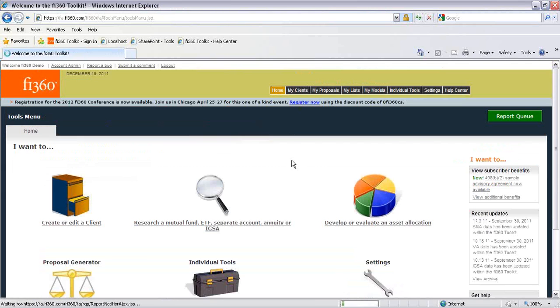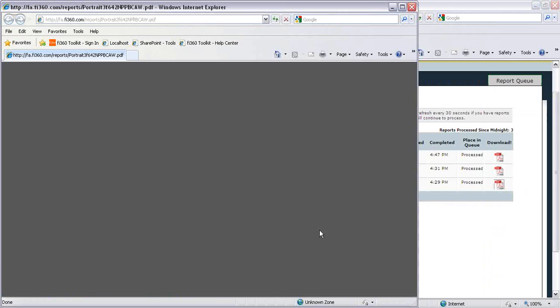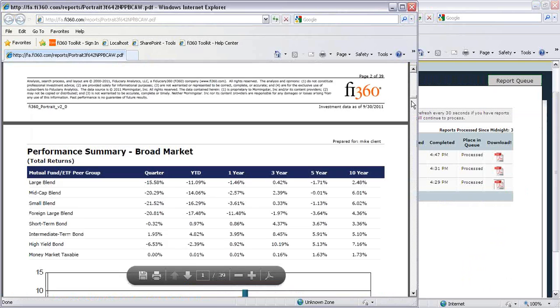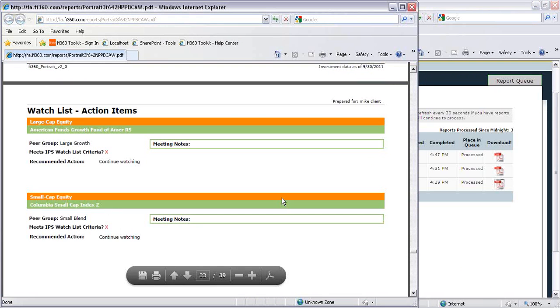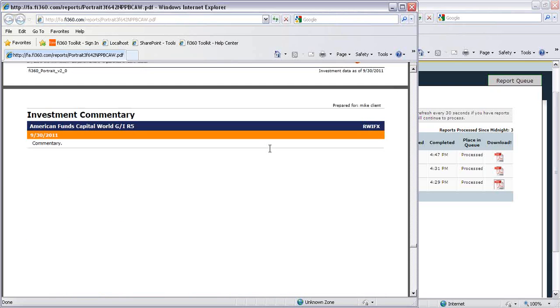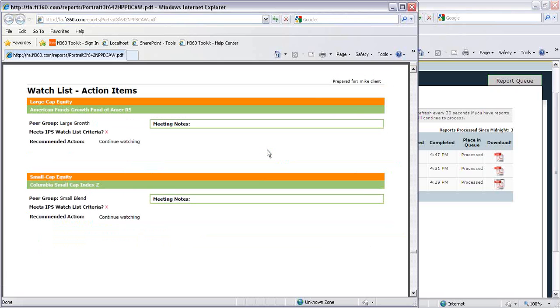Many of those reports, some of them or many of them, may have a watch list decision stored in the report. If I scroll down towards the bottom of my monitoring report, one thing that I think is pretty important is this watch list action items section. So again, these are notes that you're storing in the system. So these are different from the investment commentary that you're storing in the system, because these are the final decisions being made in that meeting that you're having with the report in front of you in terms of a PDF